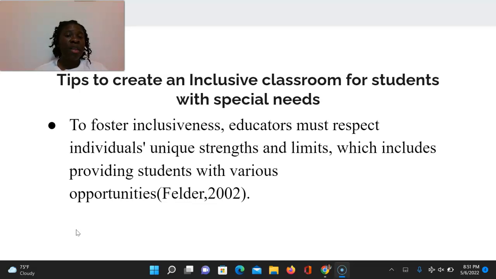So as a teacher, the first thing you need to bear in mind is what are the strengths of your student that is struggling with special needs. So if they like to do stuff that requires them to draw, embark on a special talent or skills, you got to incorporate that so that they can feel comfortable. And this will provide learning opportunities for them to improve on their strength.